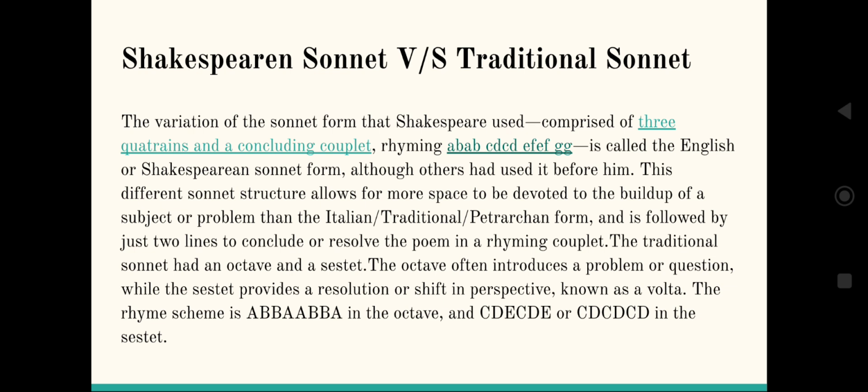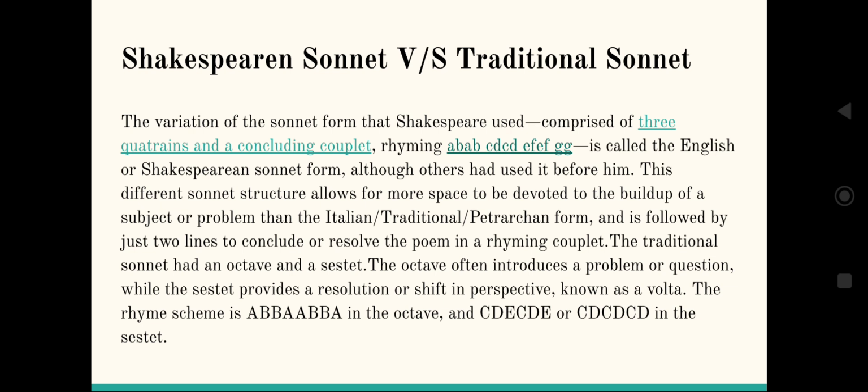The variation of the sonnet form that Shakespeare used comprised three quatrains. Quatrains are stanzas of 4 lines each. So a quatrain makes a stanza of 4 lines, and three quatrains, 3 into 4 is 12. So you got 12 lines from here. 2 lines are still left to make 14 lines, and a concluding couplet. A couplet is a stanza of 2 lines. So you got 12 over there, 2 over here, so you got 14 lines, and this is how a 14-line song is written in